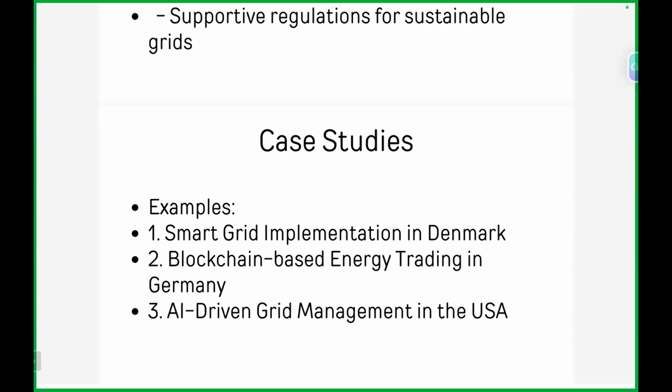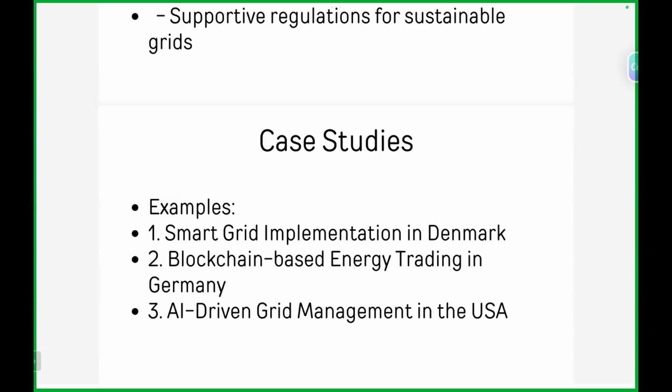And blockchain-based energy trading in Germany. This is also a very interesting part. Today, energy trading is big news in every country, because people are trading in money, gold, and now the movement is happening on the energy side also, because energy trading is very essential for commercial and industrial scale users. In India, we have two platforms called Indian Energy Exchange and PXIL, Power Exchange India Limited. These two are trading energy, but unfortunately Tamil Nadu has an energy trading platform only for conventional energy. They don't have a platform for either solar or wind. So in future we might have this kind of blockchain-based energy trading system,